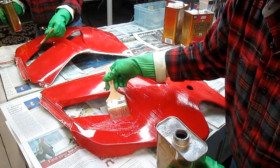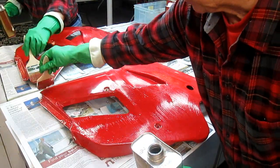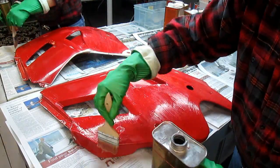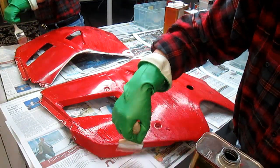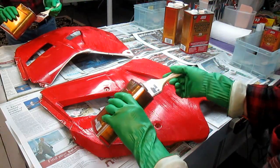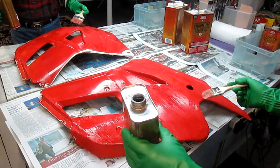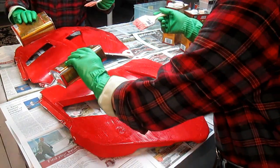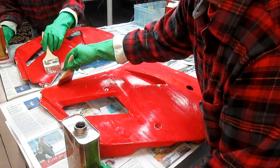I tried to figure this out years ago. What's cheaper, to do it this way or with sandpaper? With the cost of sandpaper now, about $40 for 100 sheets, this is starting to look like a better choice. But either way, the paint's got to come off. And there's really no easy way to do this. I even thought of something at one time. Smart guy that I am. There is a furniture restoration place locally that has dip tanks. And I thought, oh boy, I'll bring down the part and have them just dip it. Well, when I got the price, after I got up off the floor, I decided to go to Lowe's and get a...